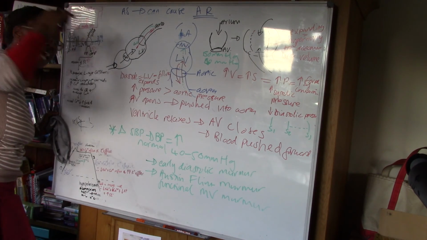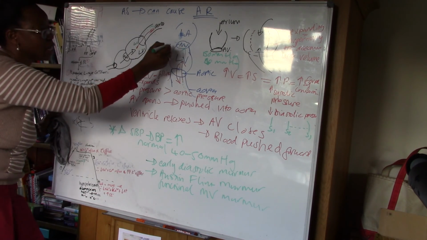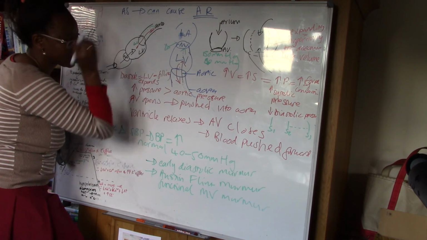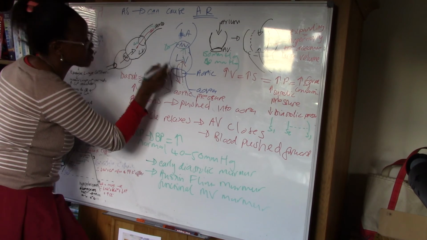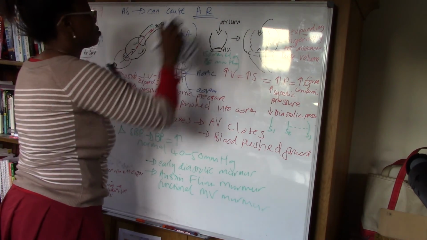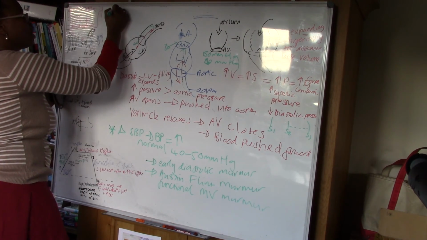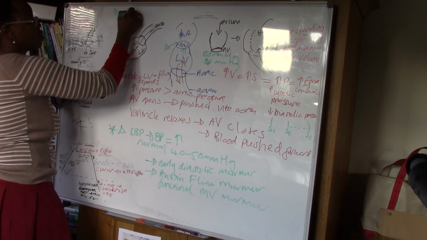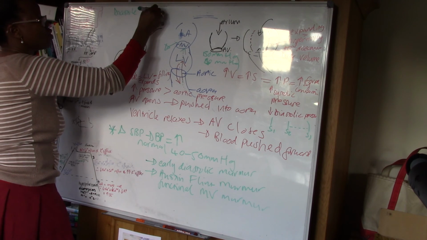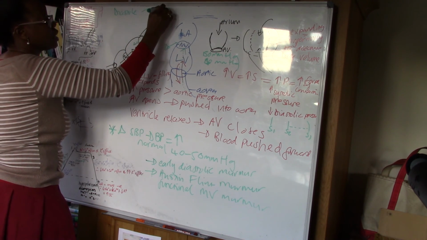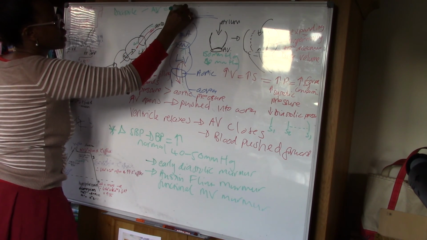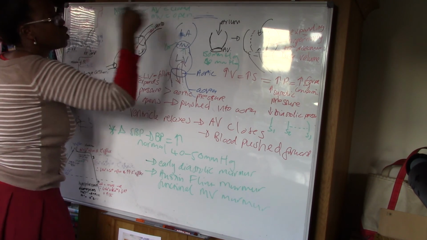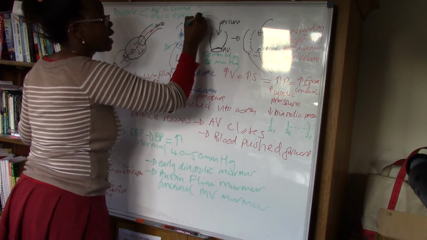Remember, this is diastole. In diastole, normally the aortic valve is closed and the mitral valve is open, so that the ventricle can